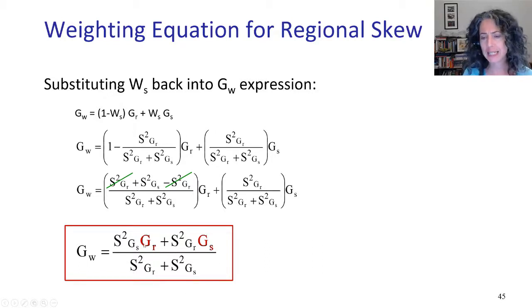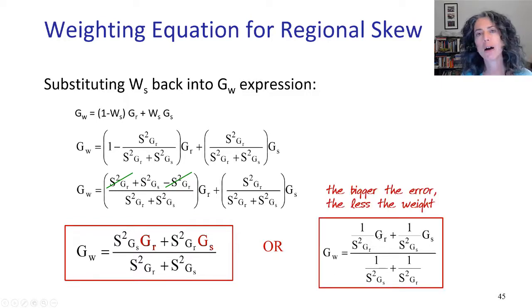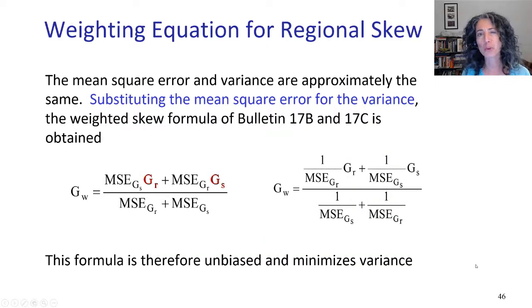Right now, I would like to see the variance of the station skew matched up with station skew. So I might redraw the equation this way. Now we're seeing that the weight on each of these values is inversely proportional to its variance, right? So the bigger the error, the smaller the weight given to that parameter. And we had been working with mean square error as our metric for how good the estimate is. So now I've just replaced variance with mean square error in the equation. And these are the equations that we saw in Bulletin 17B and C,